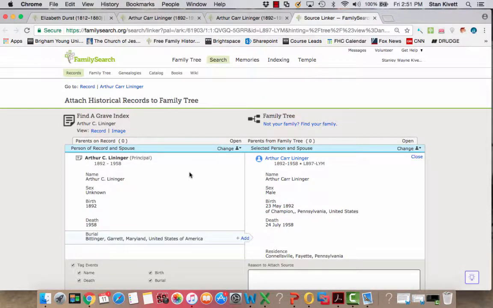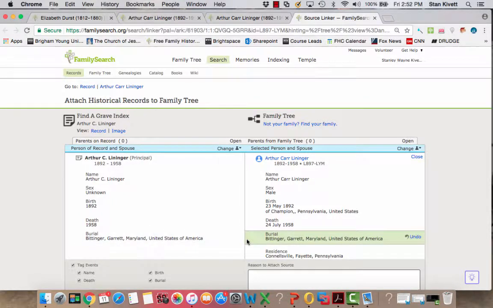Other people have placed it on there. It's not a primary source such as a death record or a birth record, but a lot of times it has great information, and it also oftentimes has pictures of tombstones, and so it can be a great help in finding information about our deceased ancestors. In this instance, it has the birth date, the year being the same, and the death year being the same, and it gives me the burial place.